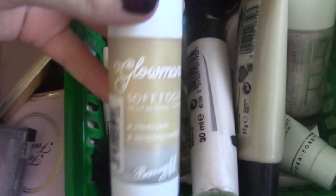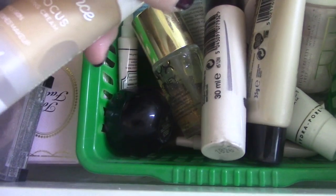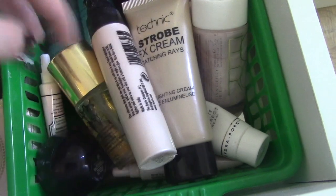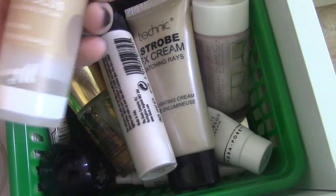Out of everything in this drawer, if I had to just keep one primer, I feel like this is probably the one that I would go for. Again, the ones I've just shouted out, the NYX one, the 17 one, and the Technic Strobe Effects Cream, will be my runners up, but everything else in here I feel like I could definitely live without. So foundation drawer, immediately what springs to mind as my favourite foundation in these drawers is